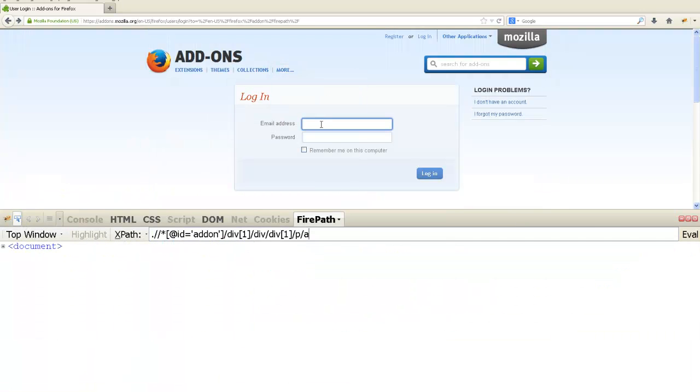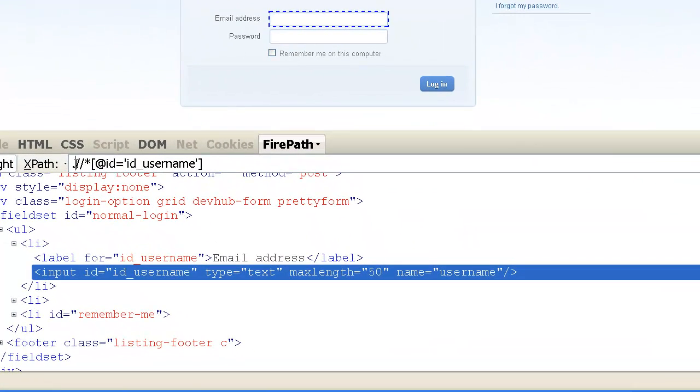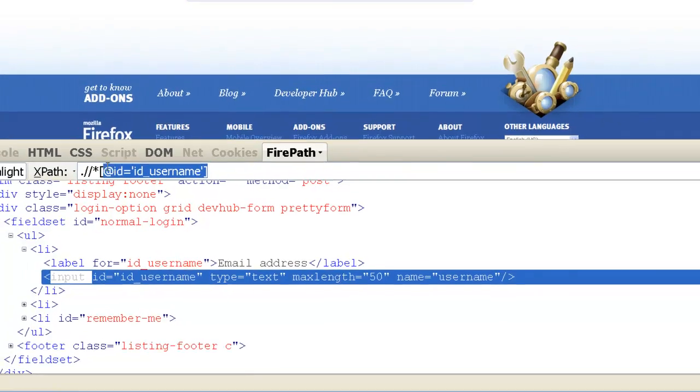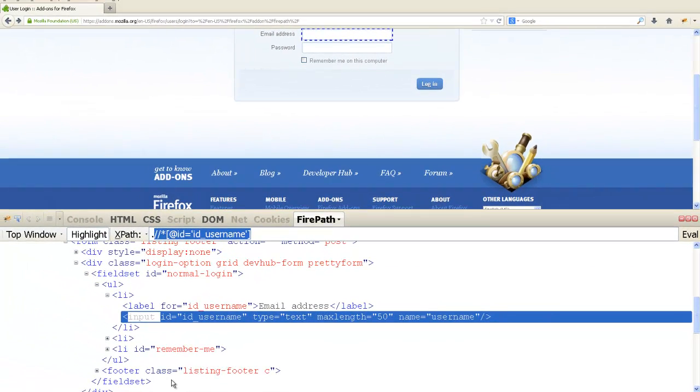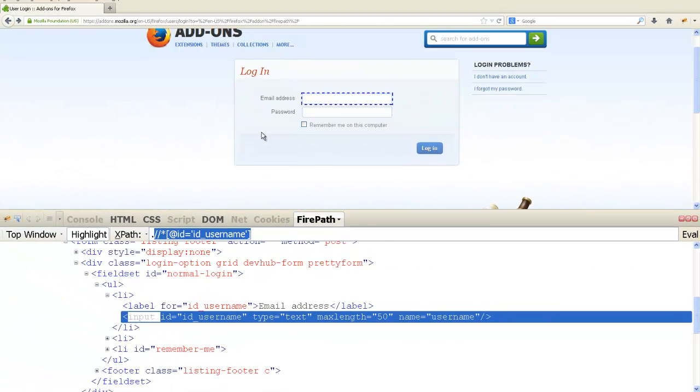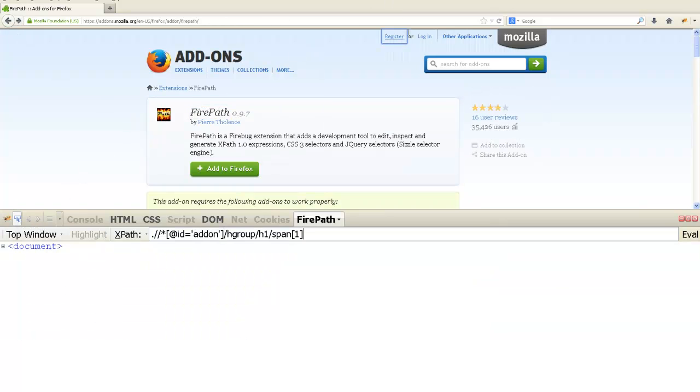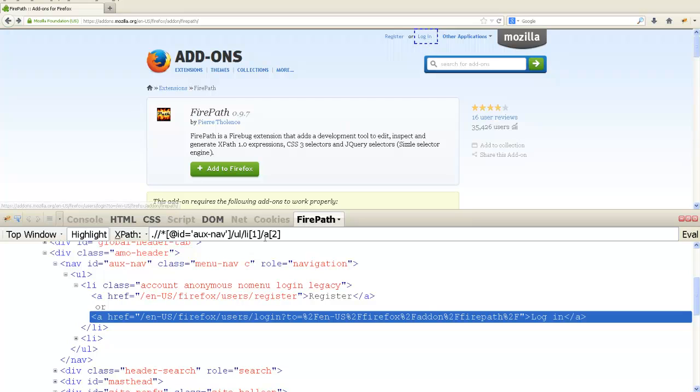Simply go over here, look at the field: the double slash star ID is username. That means there is a web component on the page whose ID is username. Instead of star you can put the tag name, that is, there is an input field with the ID username. Fine. If I look at the XPath of this particular link, like I told you, the login link,